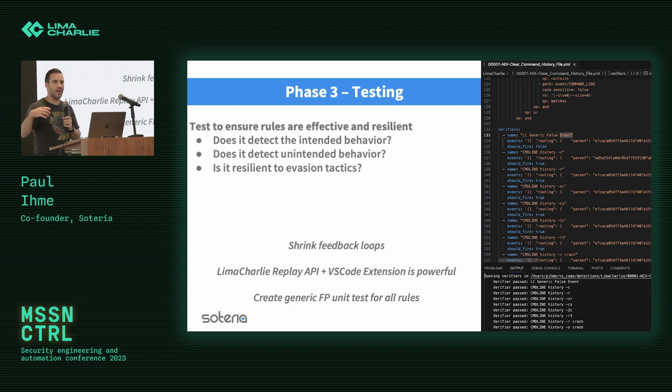And this is literally just copying a LimaCharlie event, flattening it into one line and putting it on there. And then we tell it whether this should fire an alert, true or false, right? And when we build that, it will go through and test those. If it fails any of those unit tests, then it won't go into production and it'll kick back an error.